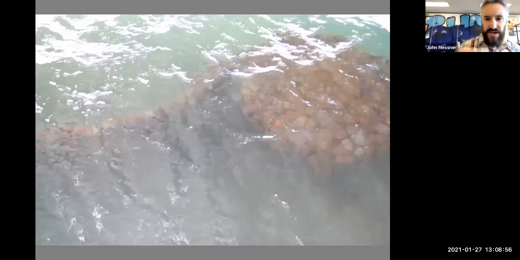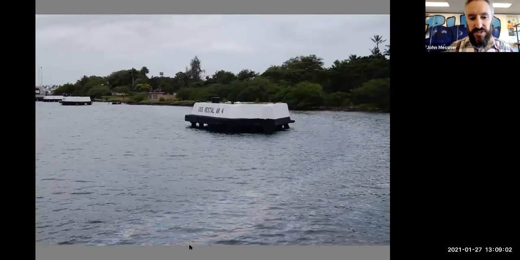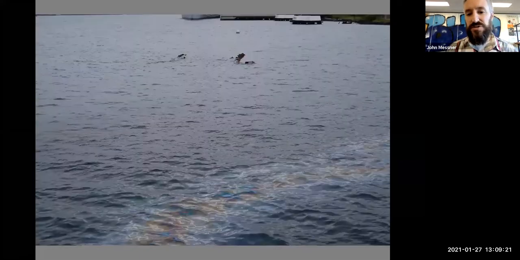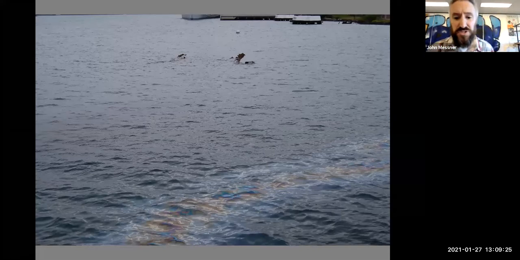But here's looking down on the ship and it's all rusted, but it's growing coral too. Fish are living there and stuff. And then you see this oil slick that's leaving the USS Arizona. That again, the Navy never came and got all the oil off. It's just been leaking a little bit. And yeah, it is leaking in the ocean, causing pollution. But again, it's sort of preserving the lives, over the 1,000 lives that were lost on the USS Arizona, and not trying to touch or disturb their tomb, essentially.